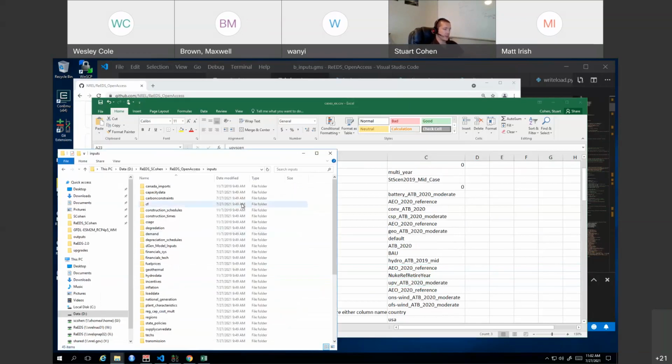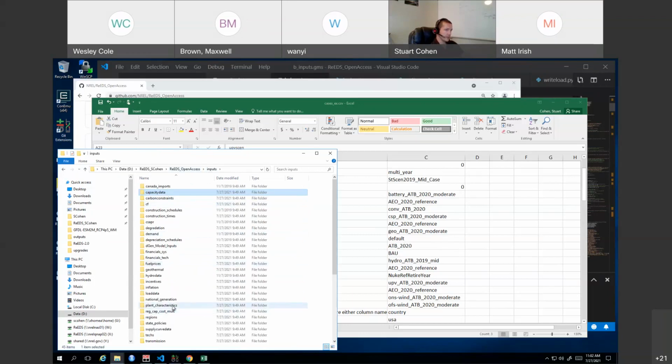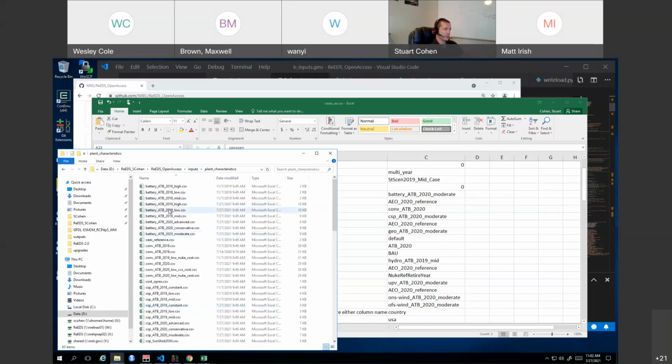Those input files start out in the open access ReEDS inputs folder. So, for example, not that one. That particular switch would direct you to which file to choose for UPV in this